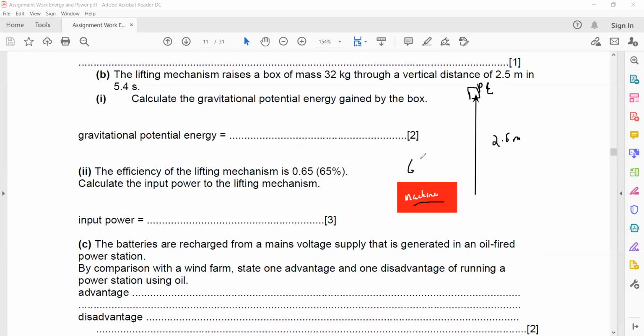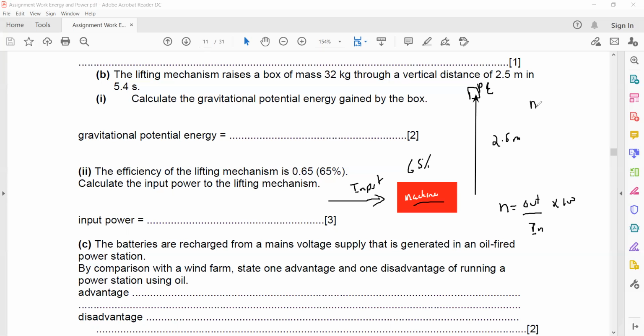It provides a useful potential energy because it is lifting the object. And this machine or mechanism is 65% efficient. Means what is the input energy? What energy does it take? Only 65% is converted into potential energy and the remaining is lost. So you need the input energy. That's why you use the formula: efficiency is the useful output